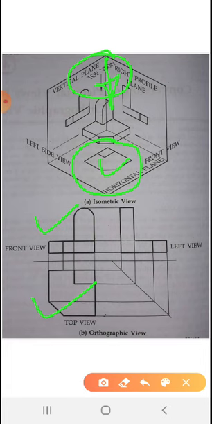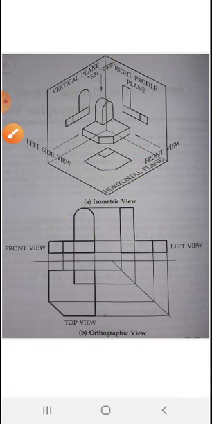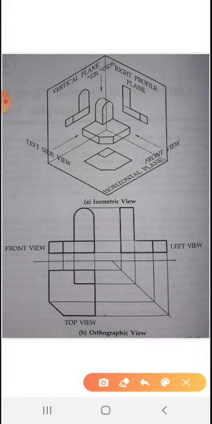And what is the meaning of side view? Side view is nothing but if the view of an object is projected on the profile plane. So this is the right profile actually. The profile plane is classified into two different types, either the left profile plane or the right profile plane. So as per the given sketch, the left view is given.